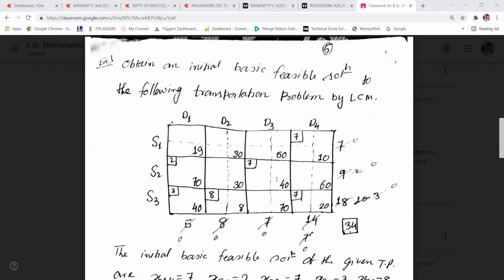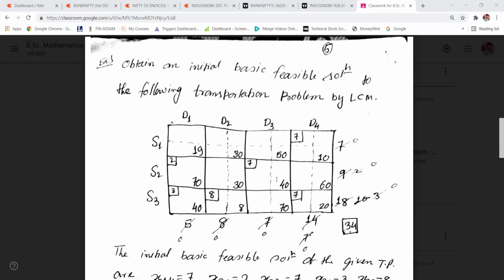So if you go and check the transportation cost you got using the northwest corner method, and compare it with the cost you got for the same problem using the least cost method, you will see there is a difference.